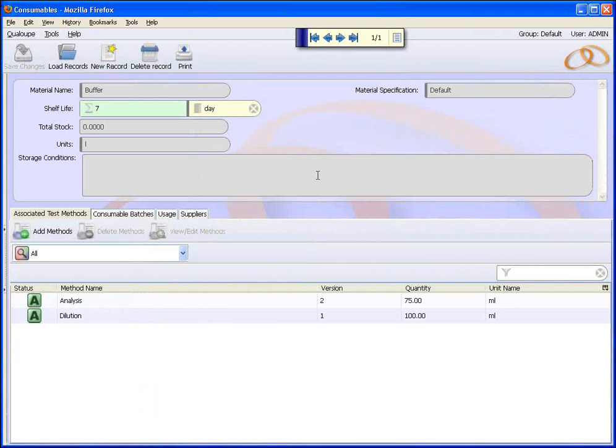Here's a buffer record that I created before, and if you remember, we associated methods to it, so these are methods that use up that consumable. So our units of measure is litres, so this method analysis uses 75 mils, this method dilution uses 100 mils. So next question is, how do we get some stock? As you can see, we've got a stock level of 0, and the answer is we have to create batches